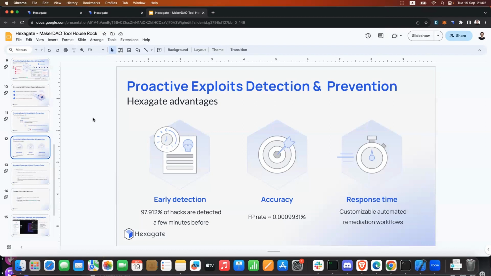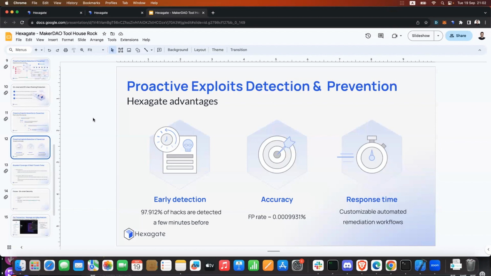The way we calculate that is we go contract by contract, in terms of the biggest pools, and then we analyze how many events we fired ever since the contract went live, based on our models, during the entire time that we cover. So that's the false positive rate.